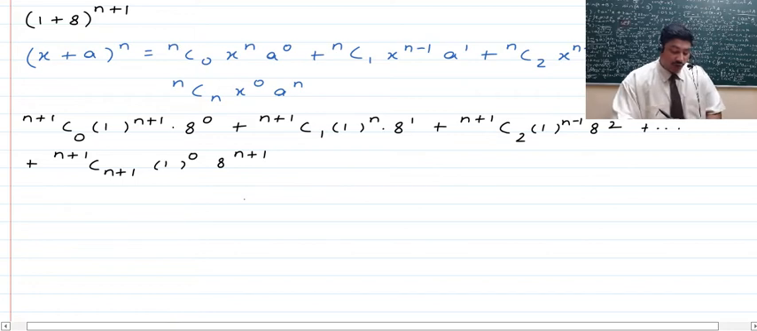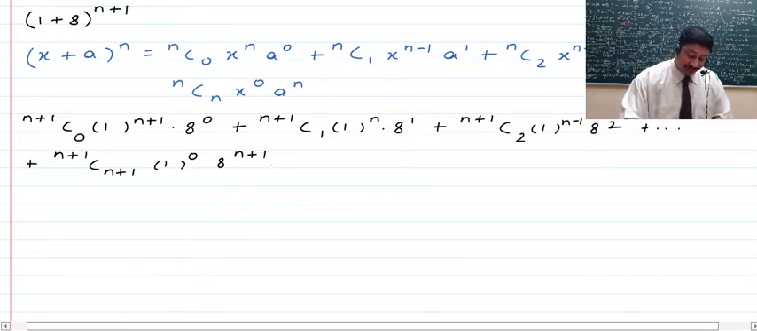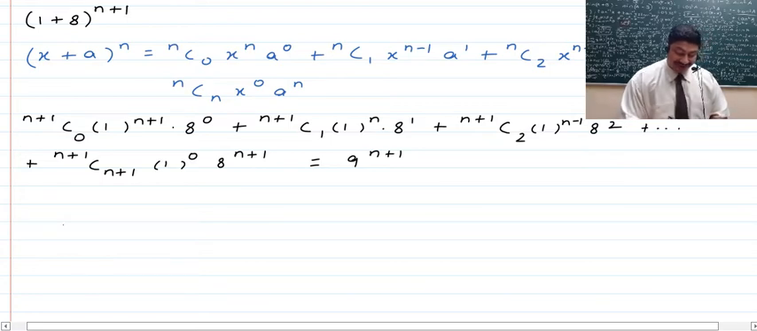Now remember, all of this is equal to 9 raised to the power n plus 1 with which we started. So for the next step we can write it equal to 9 raised to the power n plus 1. Further, if we talk about calculation of all of these terms, we can write this to be equal to